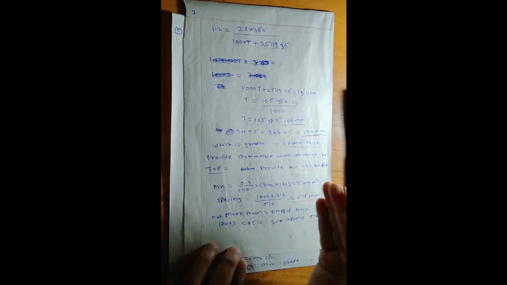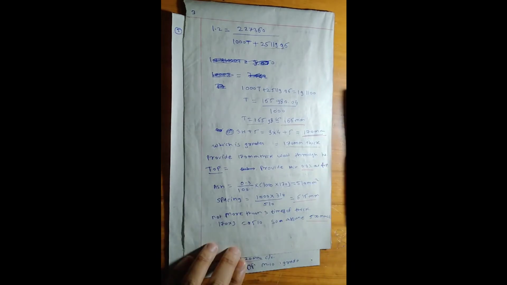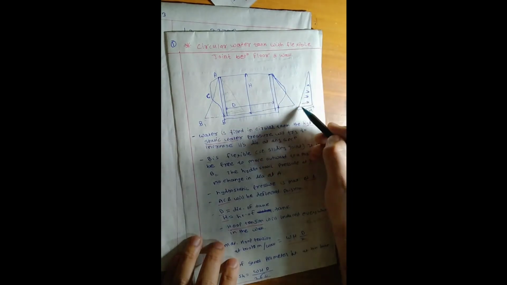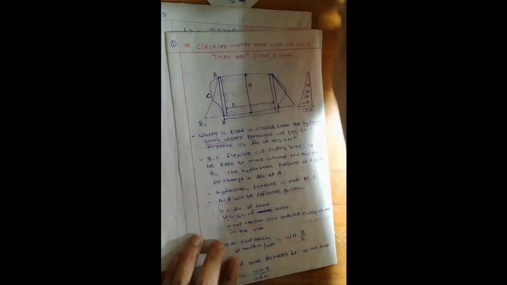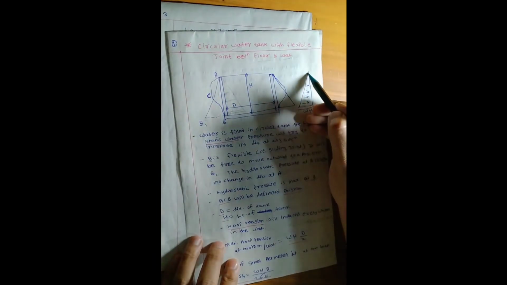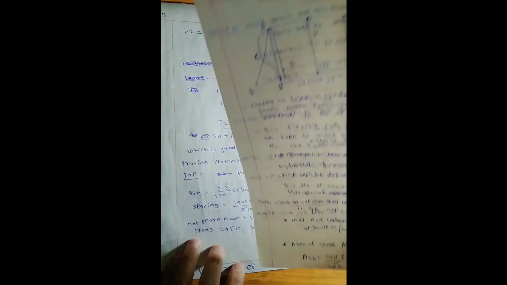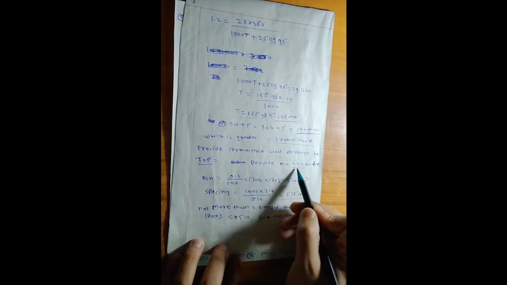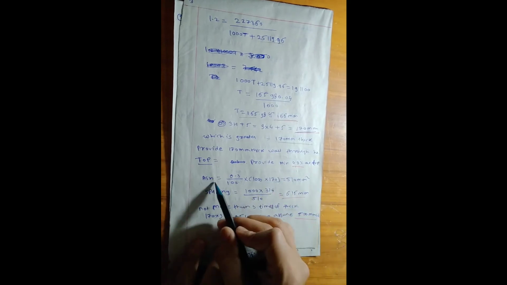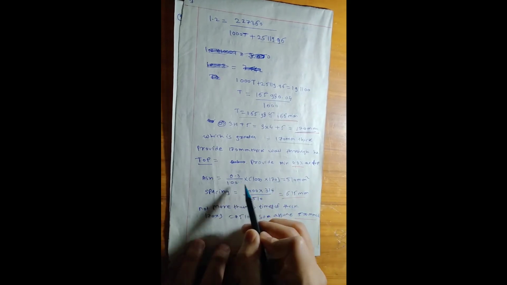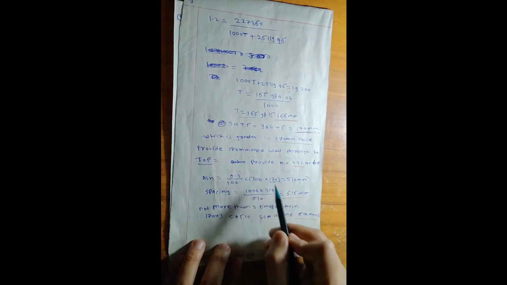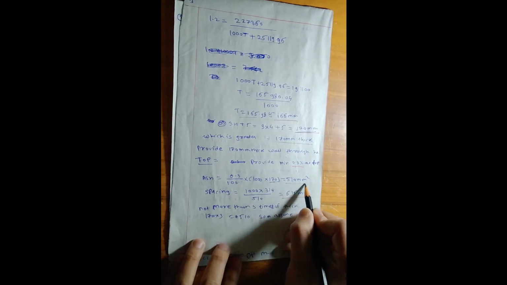Now, in the figure we have seen that this is the pressure on the wall. At the top it is minimum, at the bottom it is maximum. So similarly we can do that. At the top, provide a minimum of 0.3% of the area. AST is equal to 0.3 divided by 100 into 1000 into 170. The 170 is the thickness of the wall, so we get 510 mm square.